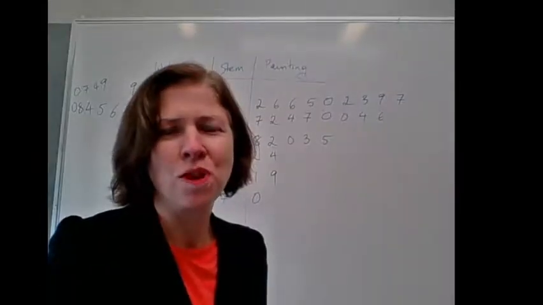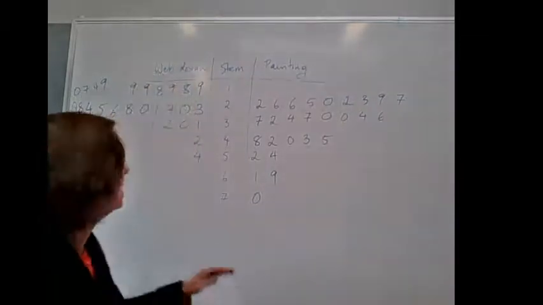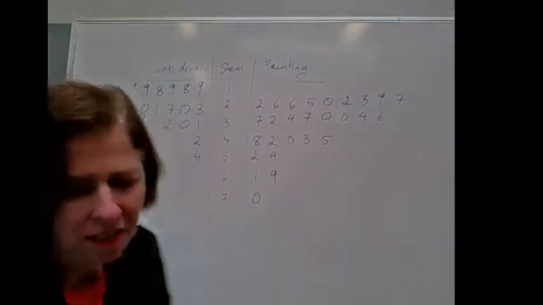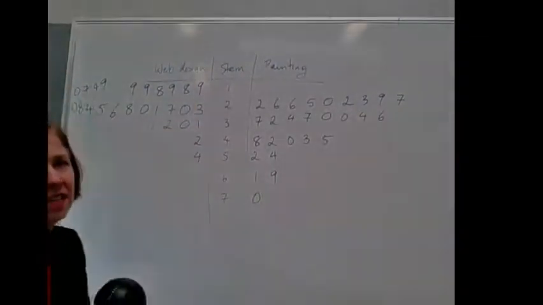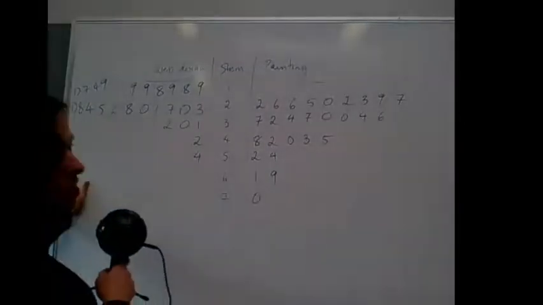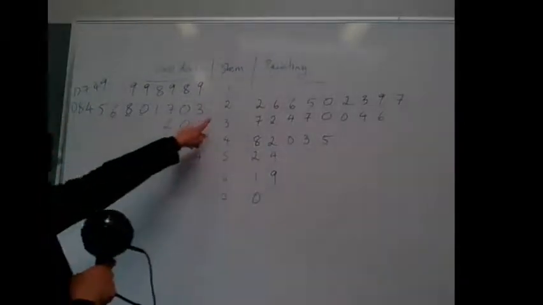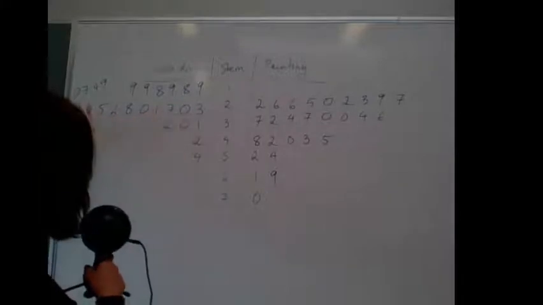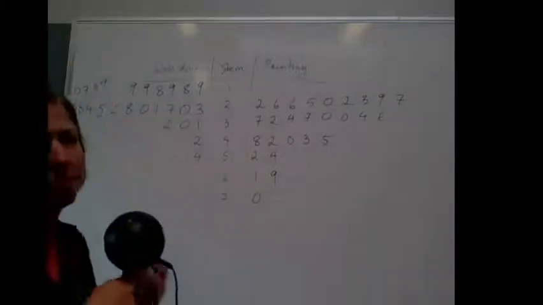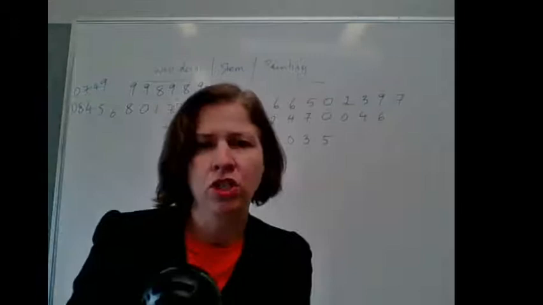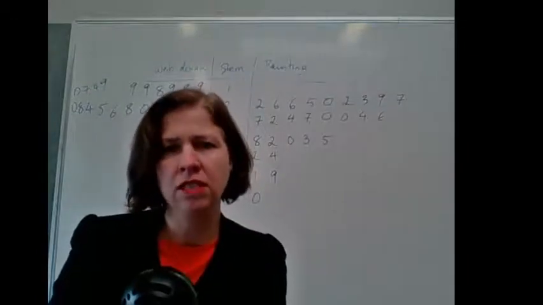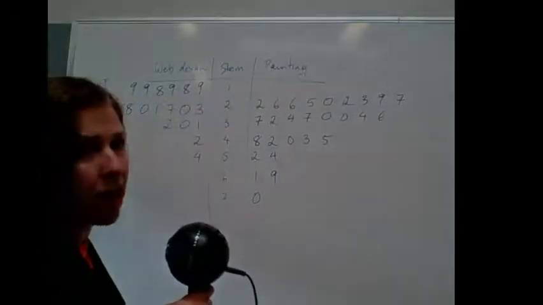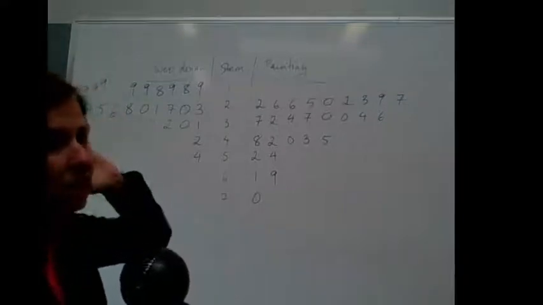Okay, I've run into trouble, and I'll show you what's happened here. I started drawing my left hand stem and leaf plot too close to the edge of the board, and I've run out of space. So in fact, I've got so many numbers in the 20s that I've just jotted them down above here. That's not actually okay, right? I would need to redo this and redraw it so that I can see quite clearly the shape of this